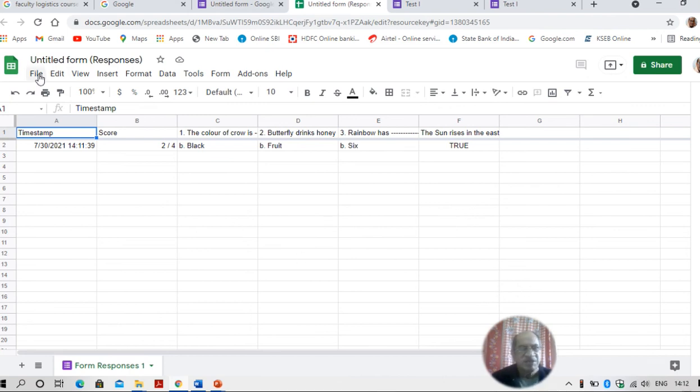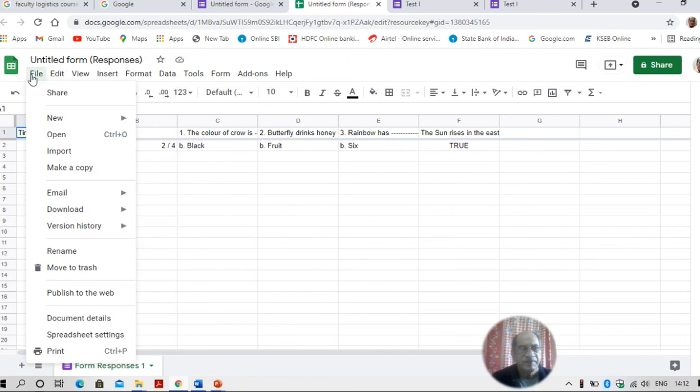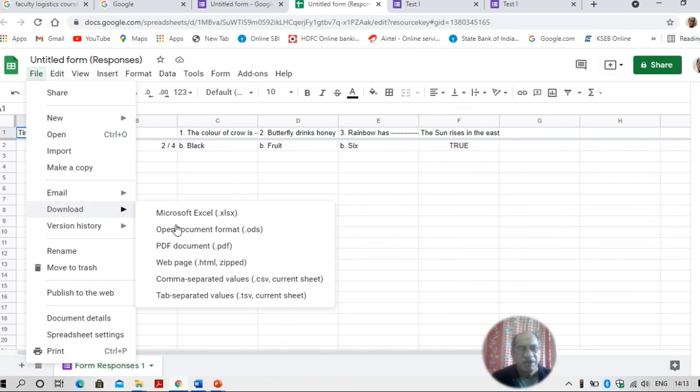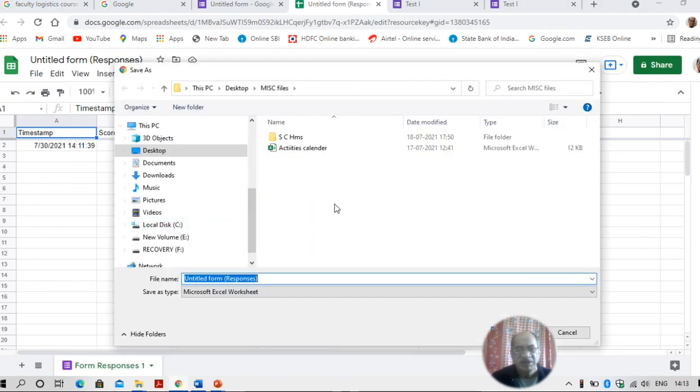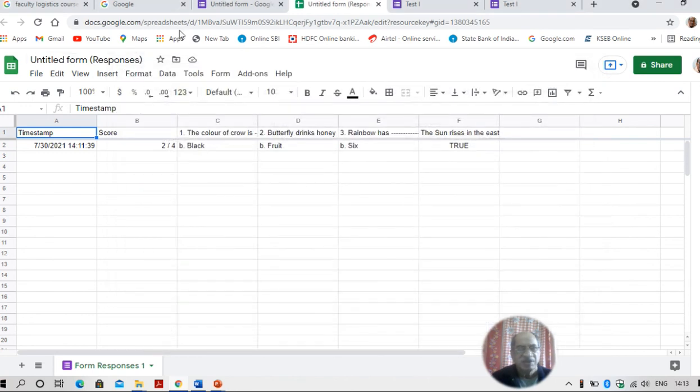You can save this by clicking file, download, Microsoft Excel, then the window will come for selecting your particular folder in your PC or laptop, and you can save there. I am not saving this. Okay, you understood.